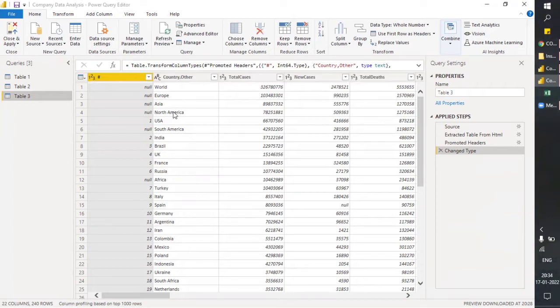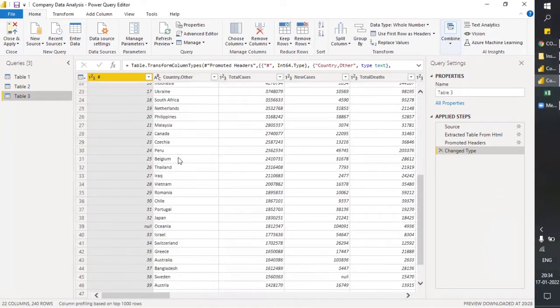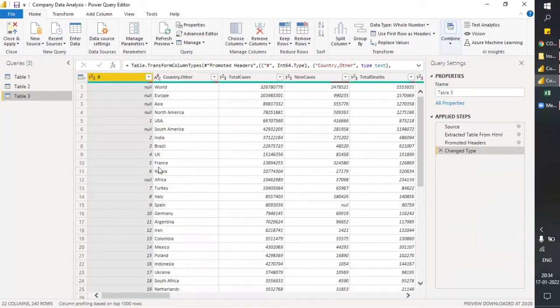You can see we have all this data here, and a few steps already applied.